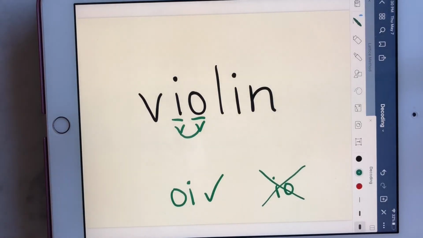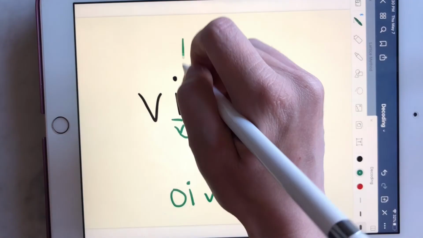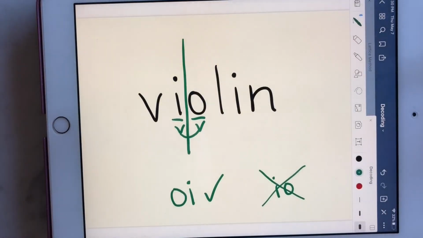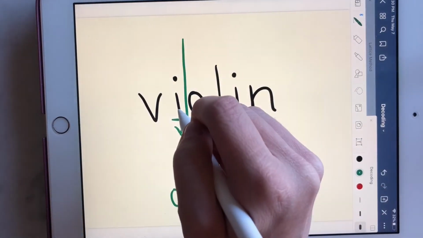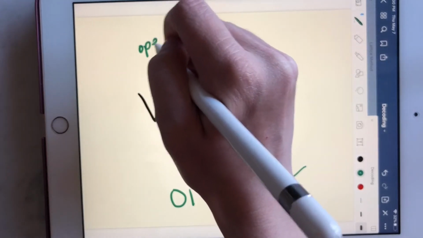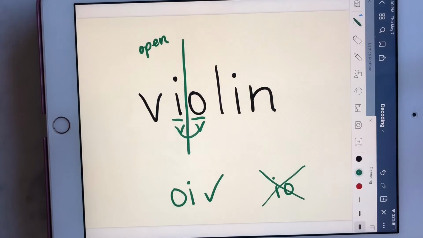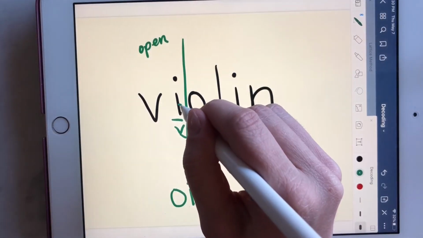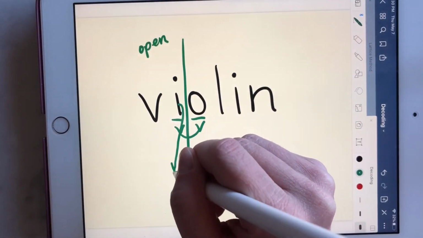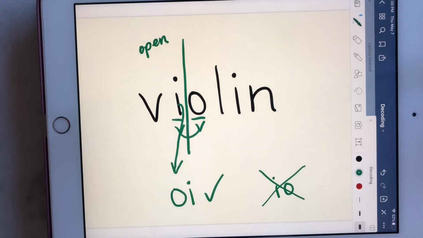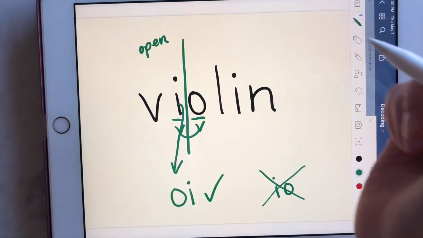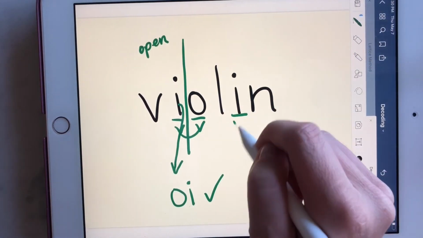Since there's nothing in the middle, there's only one place to make our syllable cut. This is an open syllable because there's no door keeping the I from falling off the hill, so it shouts its name all the way down. Vi. First syllable, vi. I'm gonna bring in this I over here,